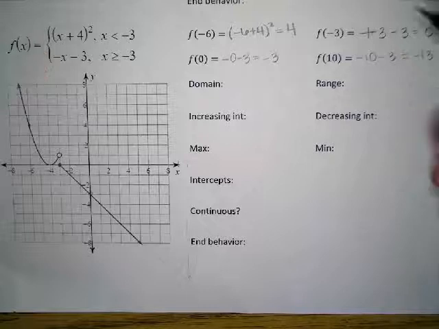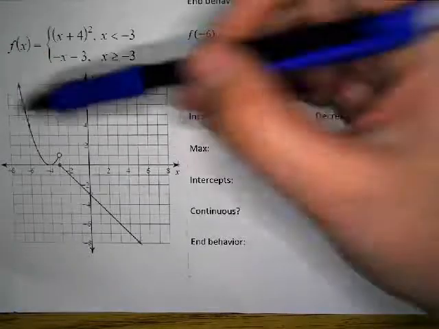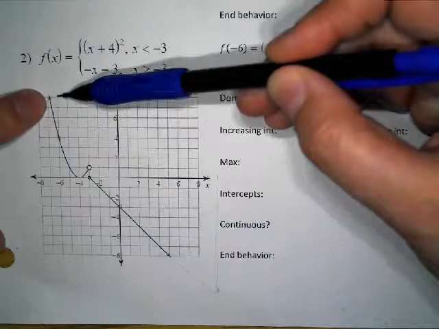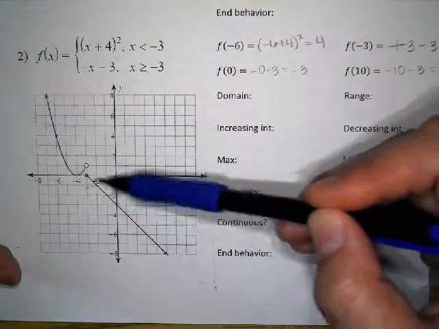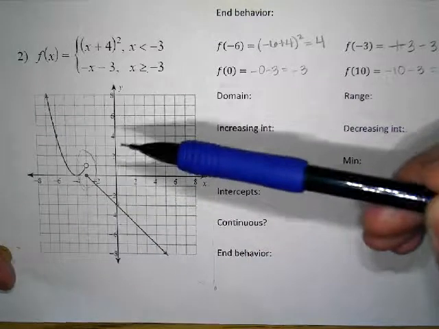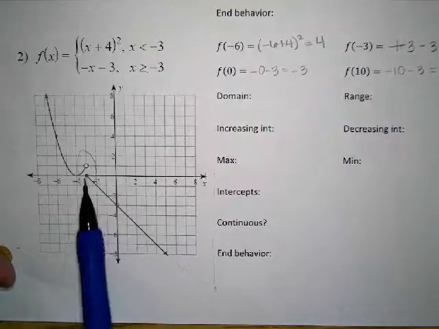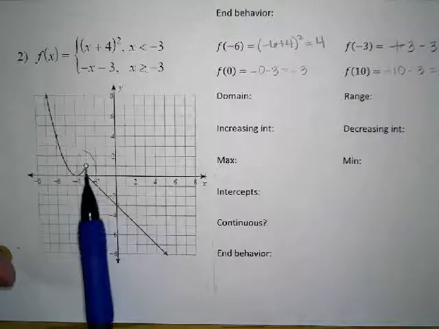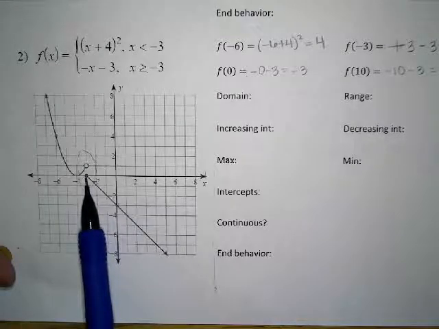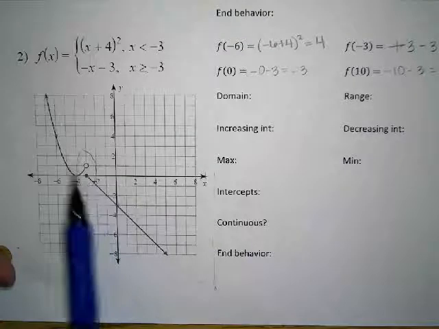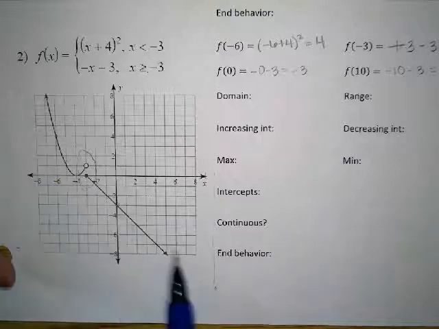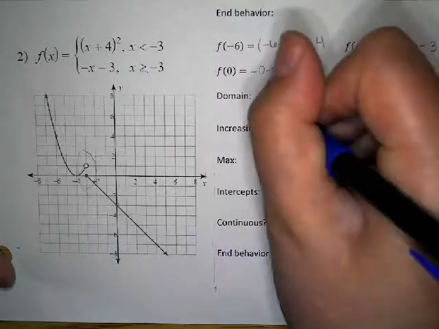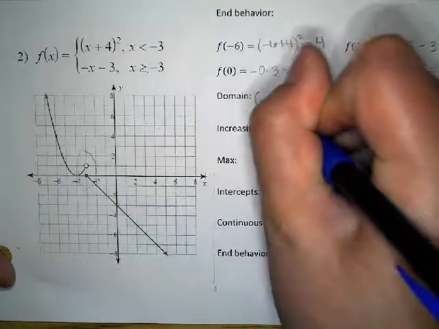Okay, the domain of the graph. I can see it's going left forever. I can see that it's going right forever. The only thing I'm concerned about is this little gap right here. I think that it might not have this x value of -3, because it's missing right there. Is the x value of -3 actually missing? No. So what do I see overall with the domain? Yeah, it's all there. It gets weird in the middle. That's going to be the domain for everything